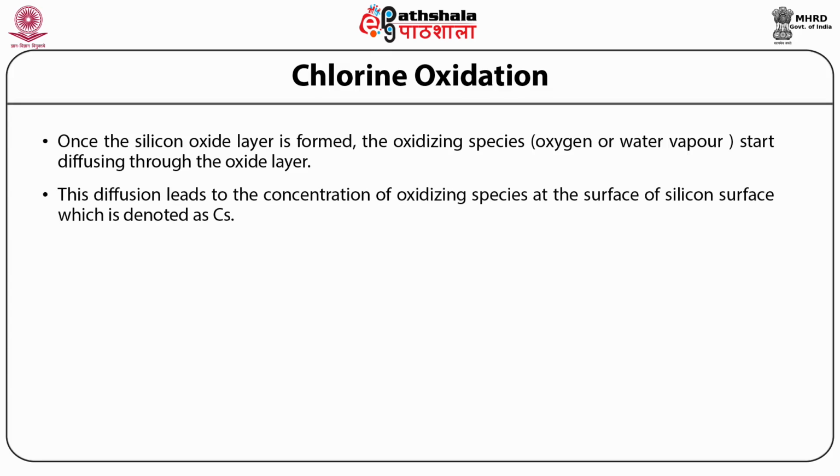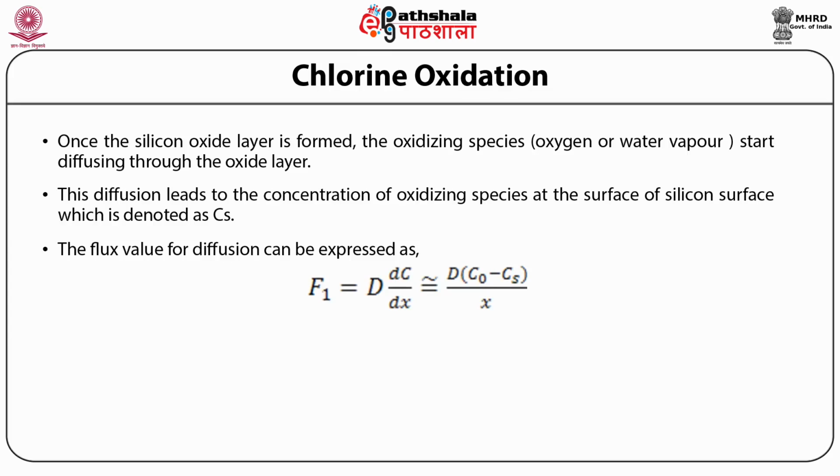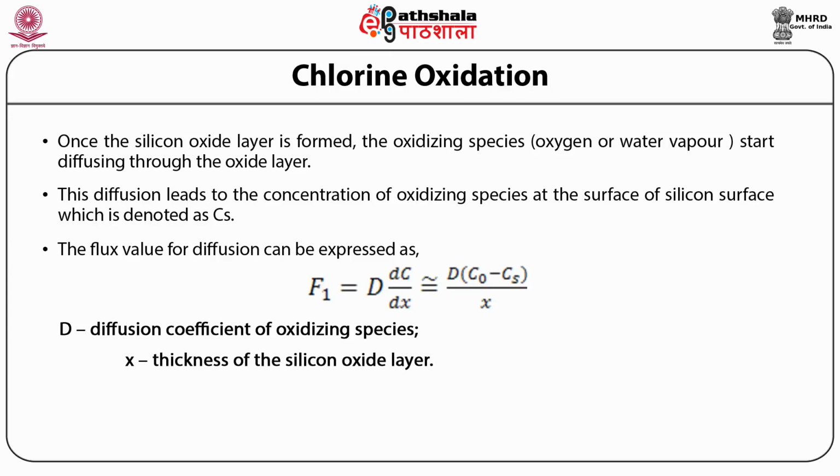This diffusion leads to the concentration of oxidizing species at the surface of silicon, which is denoted as Cs, as shown in this figure, and the flux value for diffusion can be expressed as F1 equal to D multiplied by dC/dX, the derivative of C with respect to X, approximately equal to D multiplied by (C0 minus Cs) divided by X, where D is the diffusion coefficient of oxidizing species and X is the thickness of the silicon oxide